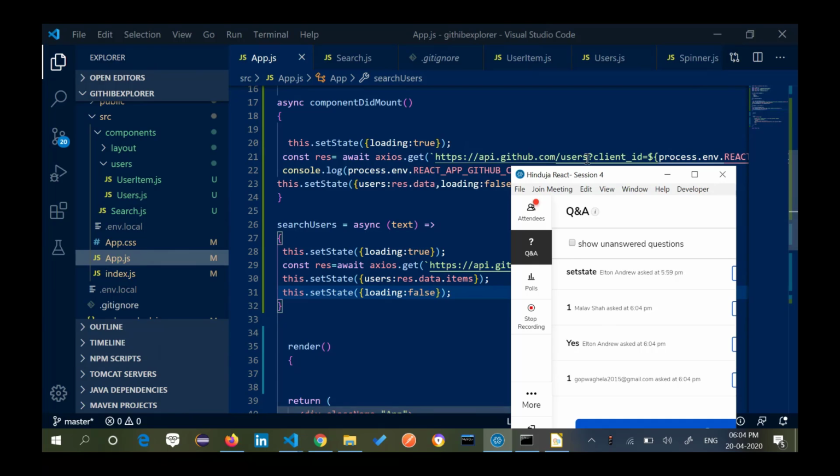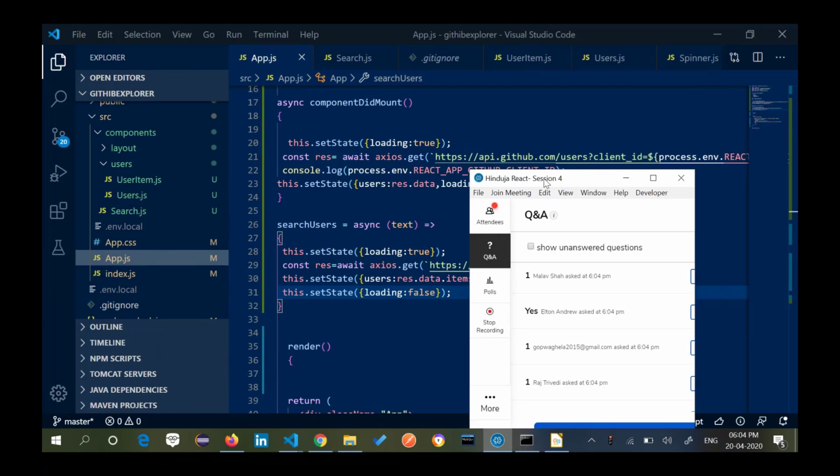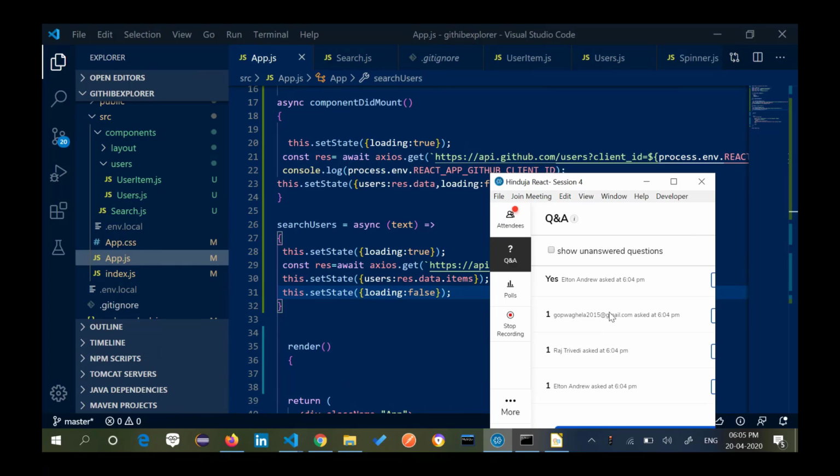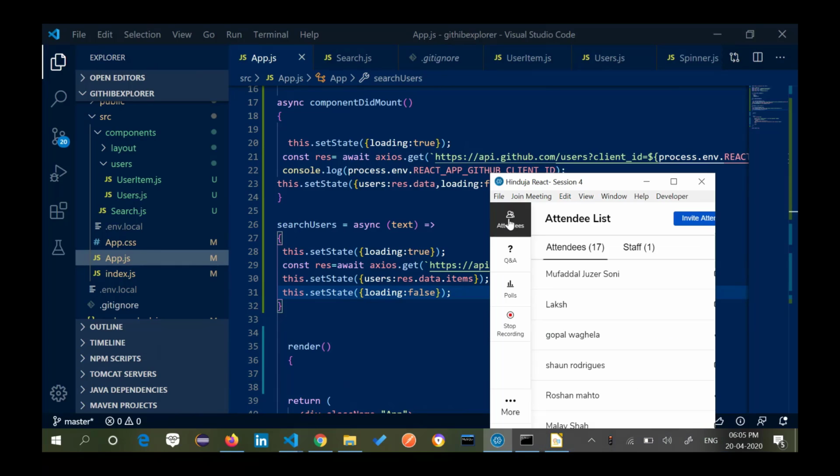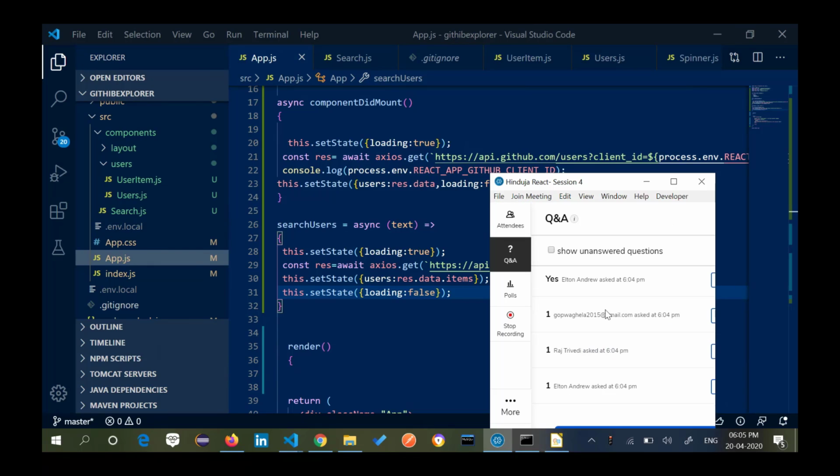Others, can you please respond? This is very important, and I should know that you are all on the same page. There are 15, 16 people, can you please respond? Okay, I'm getting some responses now.